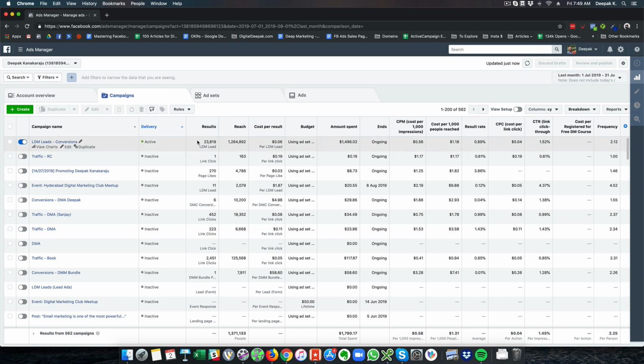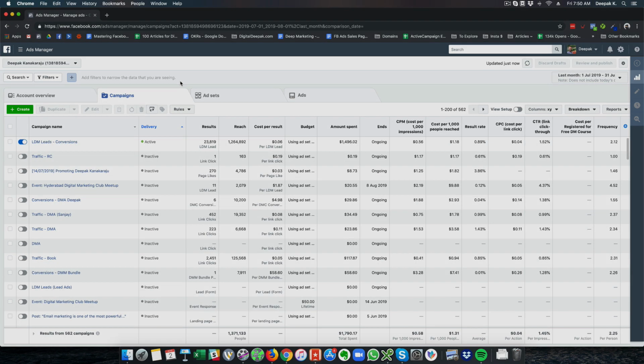Then I have to download the data, put it on a sheet, and then I have to create graphs around it, right? But what if I can have an updated graph all the time, an updated report with the latest data, instead of having to create a report myself? So that is where Google Data Studio could help.